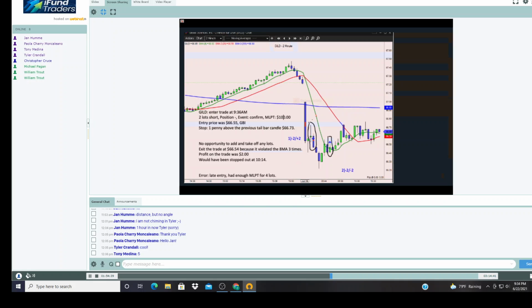Anyway, is this a nice entry or not? This bar here, is this a nice entry or is this just any entry, or it's not an entry? What do you guys think? Is this great or is it not great? And why? Can I have some answers, please?